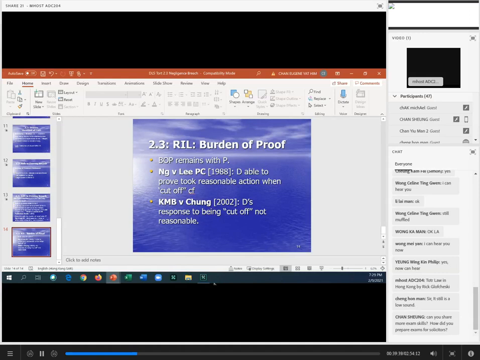If you're playing any sort of sport, Sutton's an interesting case. So rugby is a desirable activity. Good. So that's it for breach of the duty of care. So that's sort of by way of revision. Now we're going to get on to the next element of negligence, and that is causation.